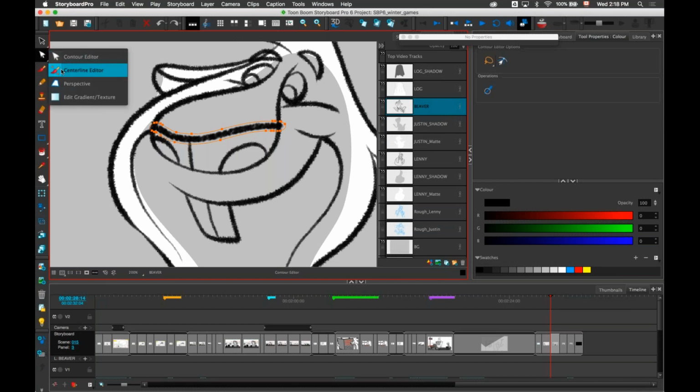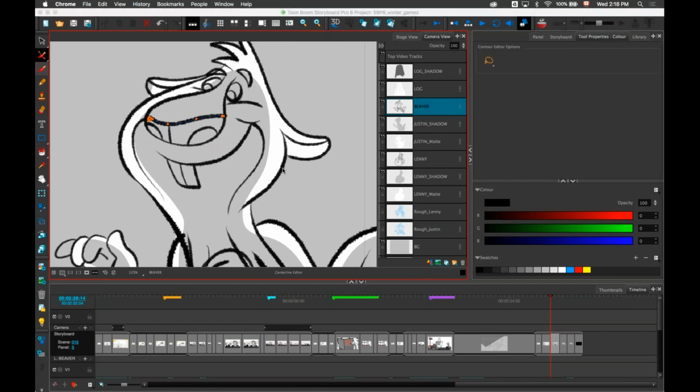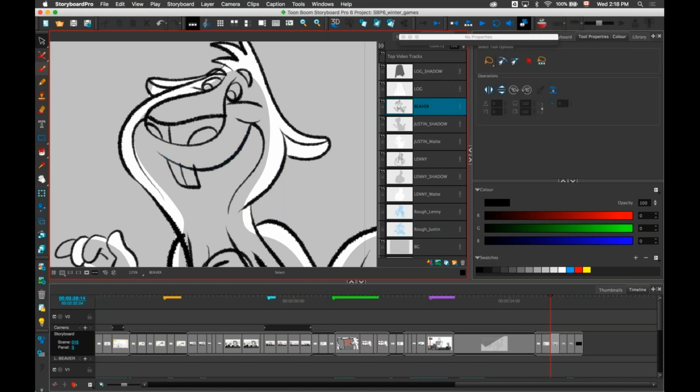With the new Centerline Editor tool, I'm able to modify that brush. After I've drawn with a vector textured brush or not, I'm able to make small adjustments to the line. Let's say I want to modify a smile here, make it a little bit bigger. I can select my line, make it bigger, and I'll move the teeth. This is something that you wouldn't be able to do on a regular bitmap drawing. You would need to erase the line and redraw it to the shape that you want. You cannot just modify the line. So you have the quality of the bitmap brush, but the advantages of the vector brush.